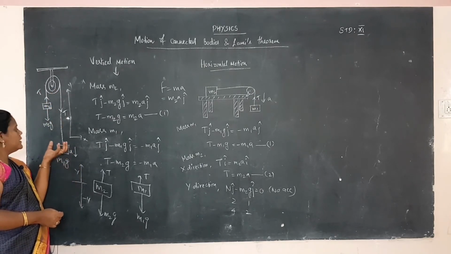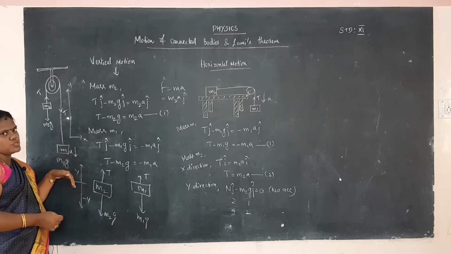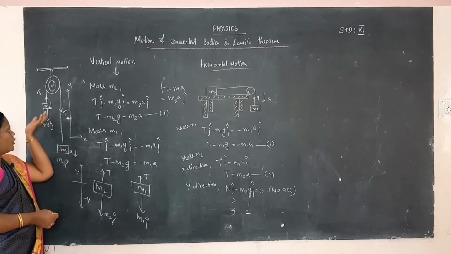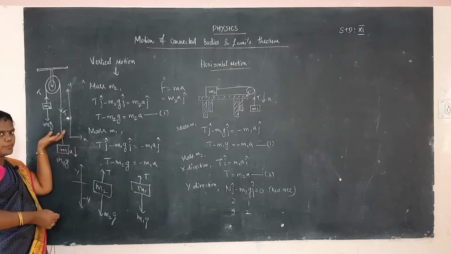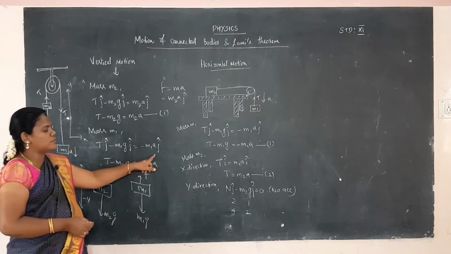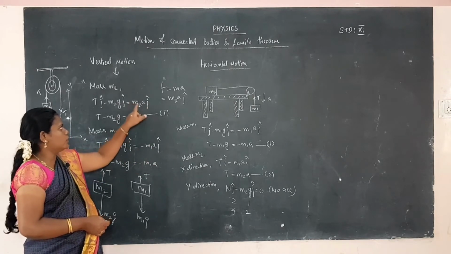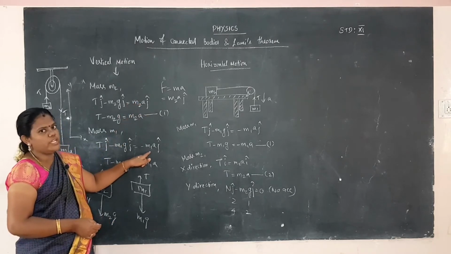Okay, but against the negative y direction also. That is, as this weight goes up, the other weight comes downward. So one is moving upward and the other is moving downward. So you have to take the negative sign also for the total force. In the total force, you have to take the negative sign. Okay,